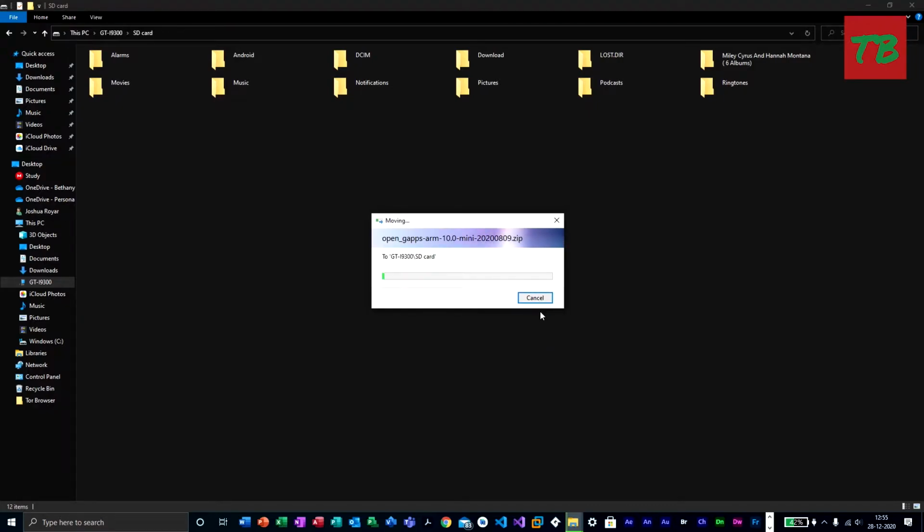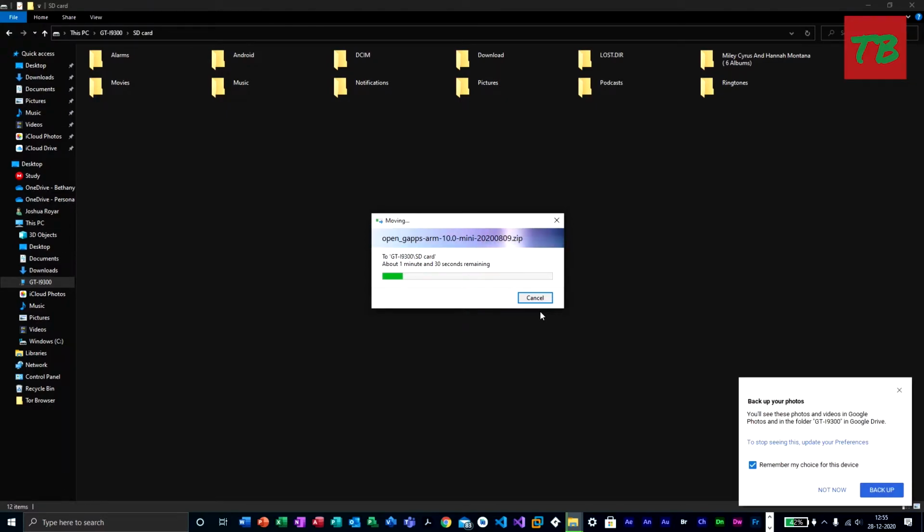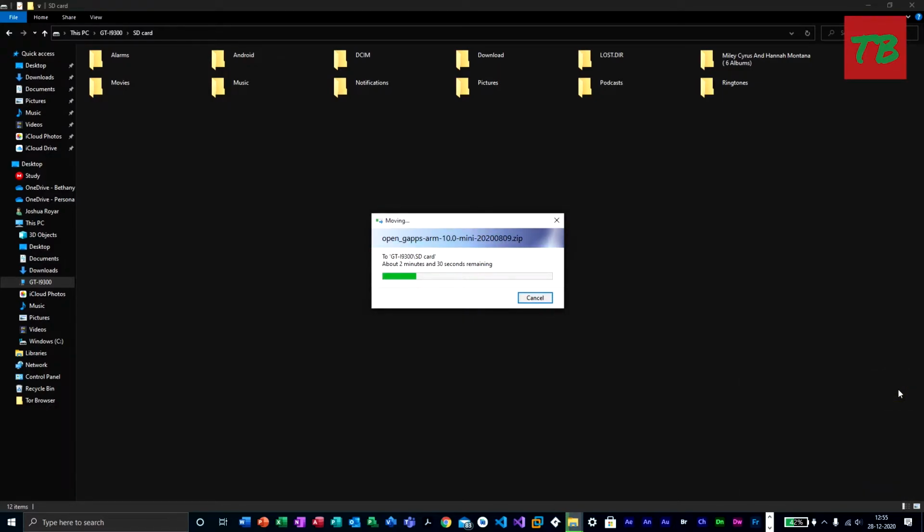And one more thing guys, I forgot to tell, before you install the ROM, make sure to back up all your files if you're using this phone as your primary device. Although it's very unlikely since it's an 8-year-old device, if you are using it as your daily driver, you need to back up before you do this. I don't use this phone anymore as my daily driver, so I'm not going to back up. See, Google Drive tells to back up the photos. So make sure you do that, okay? Since it's going to erase everything. So this is going to take some time to transfer to the phone.